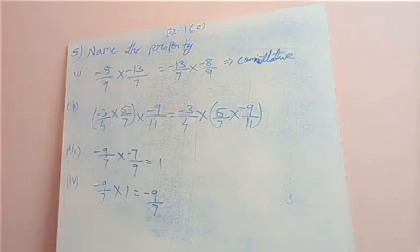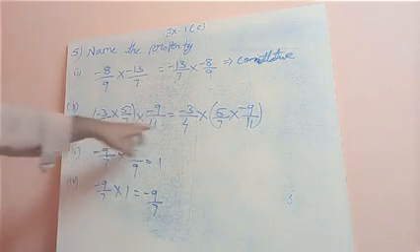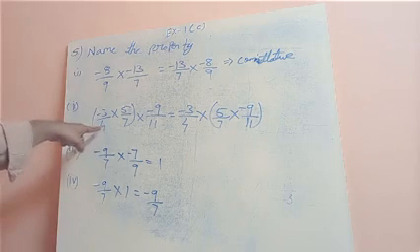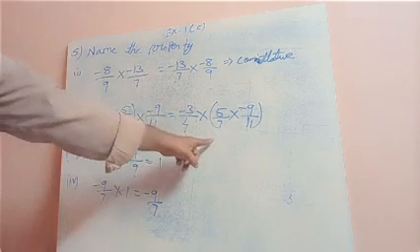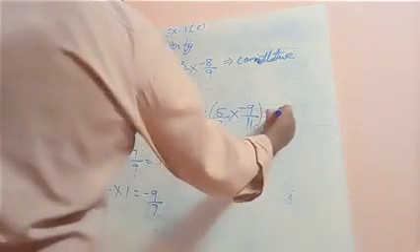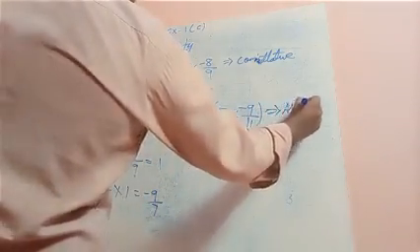Both sides are the same. But the difference between the two sides, my observation, is that the bracket is given for 3 and 5 here, and for 5 and 9 there. So everything is the same and only the brackets are changed. That is called associative property. Changing of brackets is called associative.